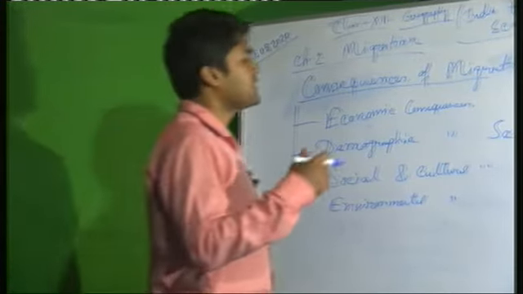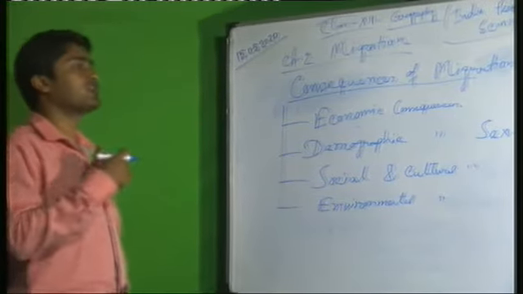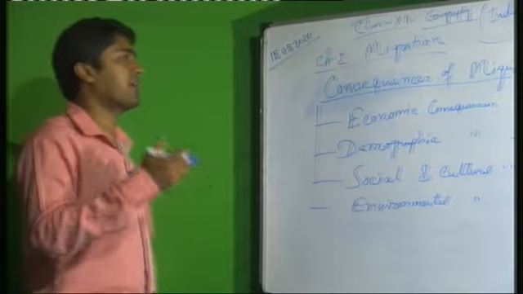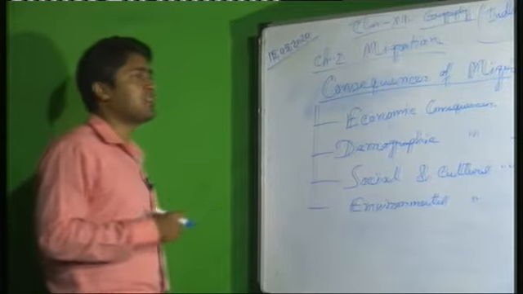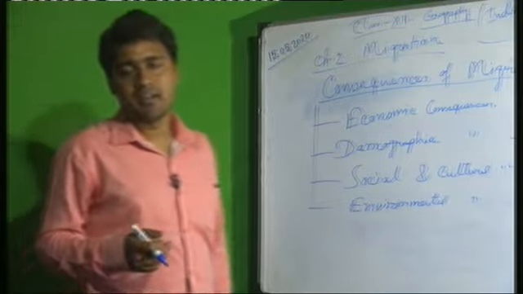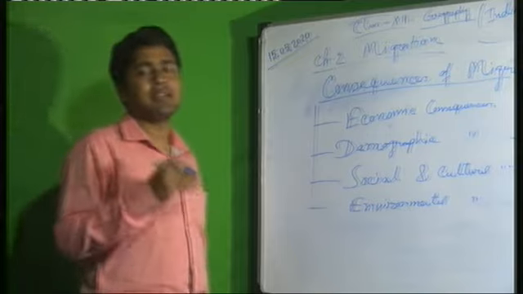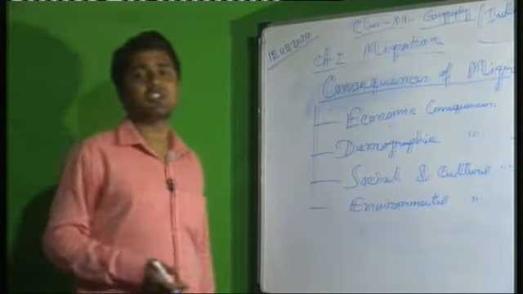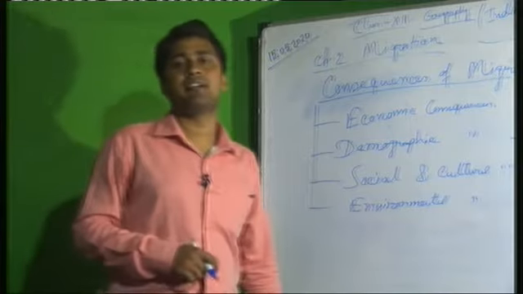If you have seen, there are some states like Punjab, Haryana, Maharashtra, where there are so many workers who shifted from another state to Maharashtra, Punjab and Gujarat or Haryana. So due to that reason, in that particular state where people gathered, the sex ratio or male-female structure will be changed due to migration.